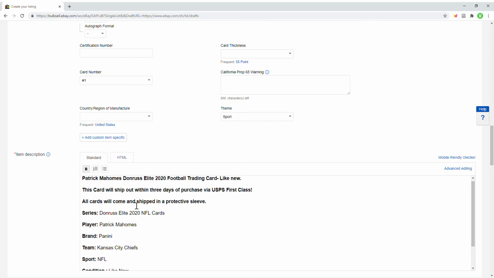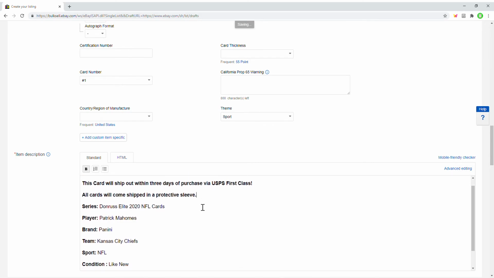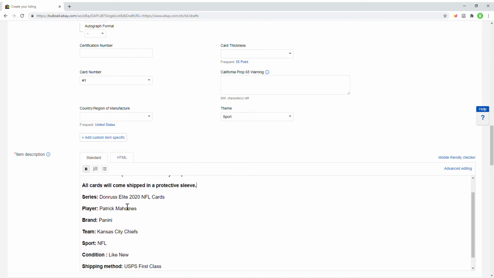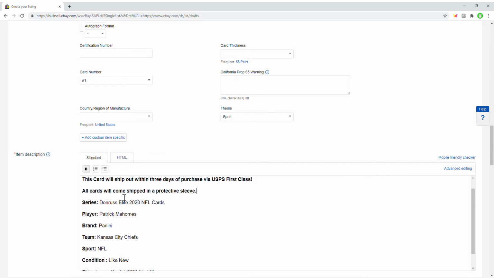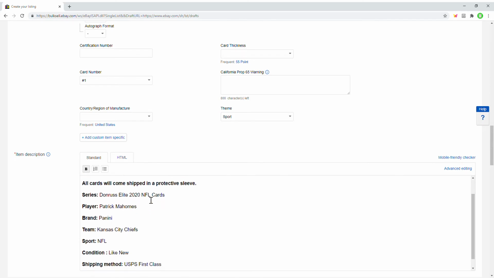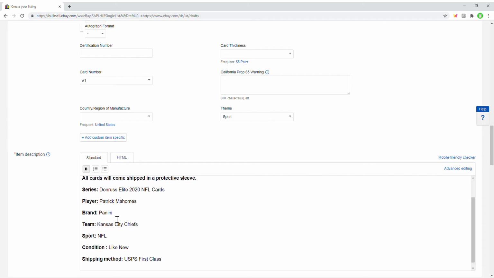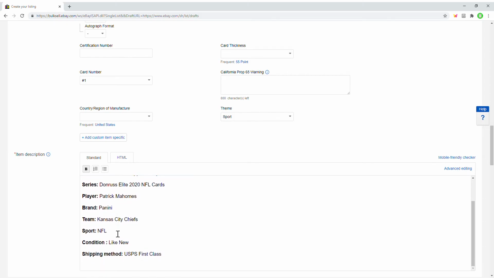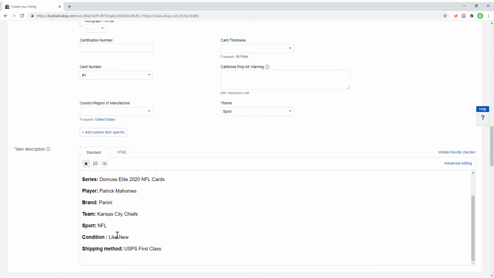I'm just going to say shipped in a protective card board, or I'm just going to say protective sleeve, as I like to package my cards in cardboard as well. But I'm going to say series, so we're going to verify all this. We have the series Donruss Elite 2020 NFL cards, Patrick Mahomes, brand Panini, team Kansas City Chiefs, sport NFL, condition like new, shipping method USPS first class, and then I also like to say